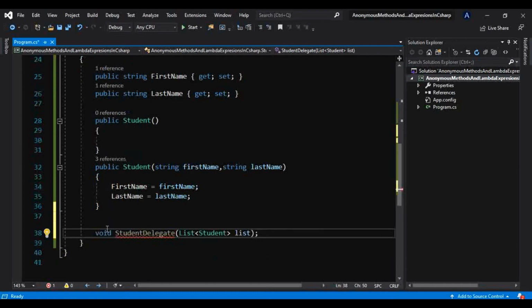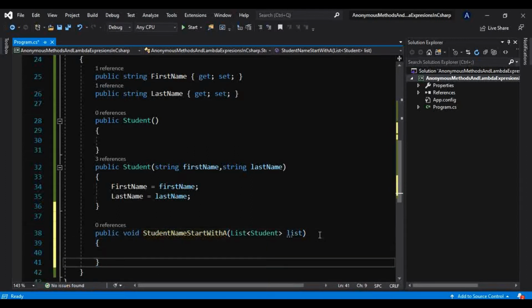I will name that student name start with A. Something like that.